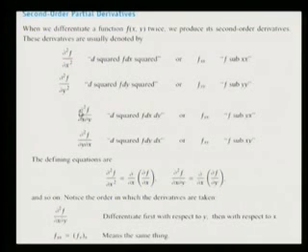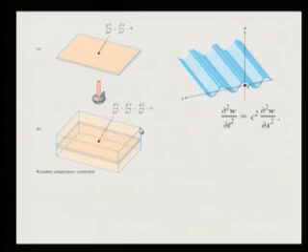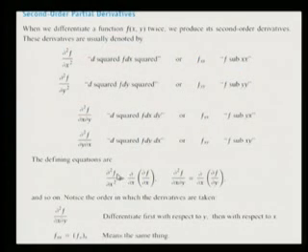Now here, del square f by del x del y means the partial derivative of f first with respect to y and then with respect to x. Okay. So del square f by del x square is equal to the partial derivative of del f by del x, and again the partial derivative of this function with respect to x.